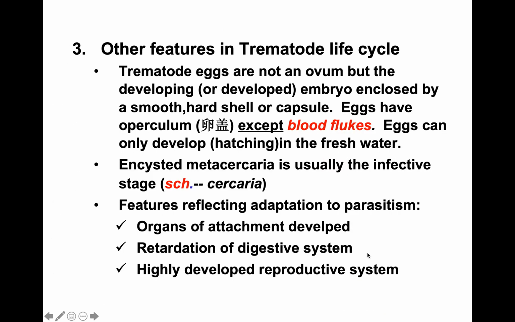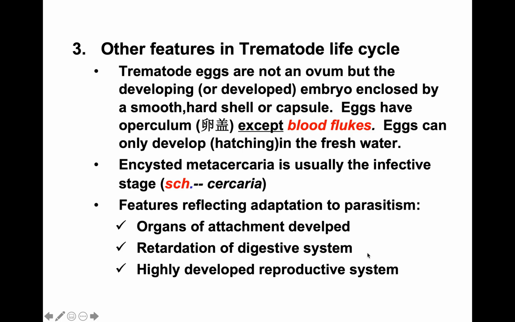Other features in the trematode life cycle: trematode eggs are not an ovum, but a developed embryo enclosed by a smooth, hard shell or capsule. So the outside is in the shape of an egg, but inside there is actually a developed embryo. It's just enclosed in the capsule, or this very hard shell. And so